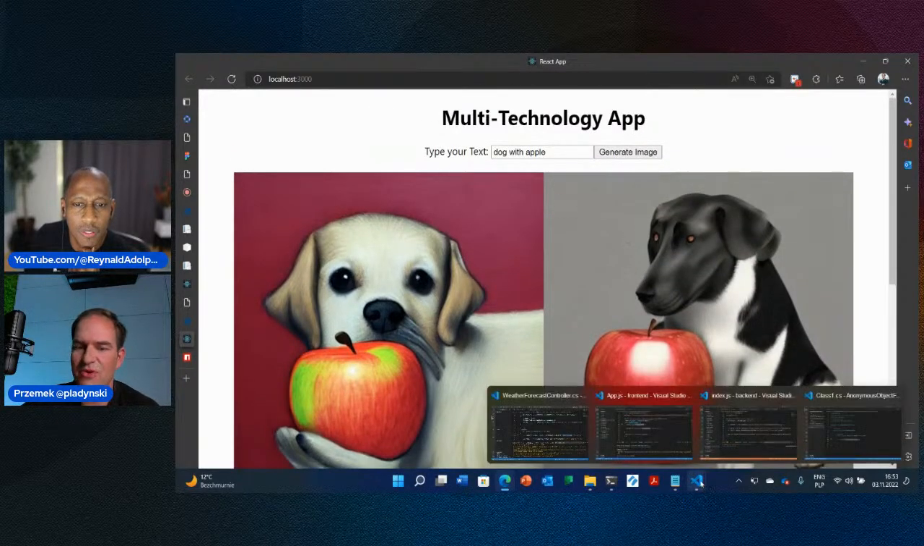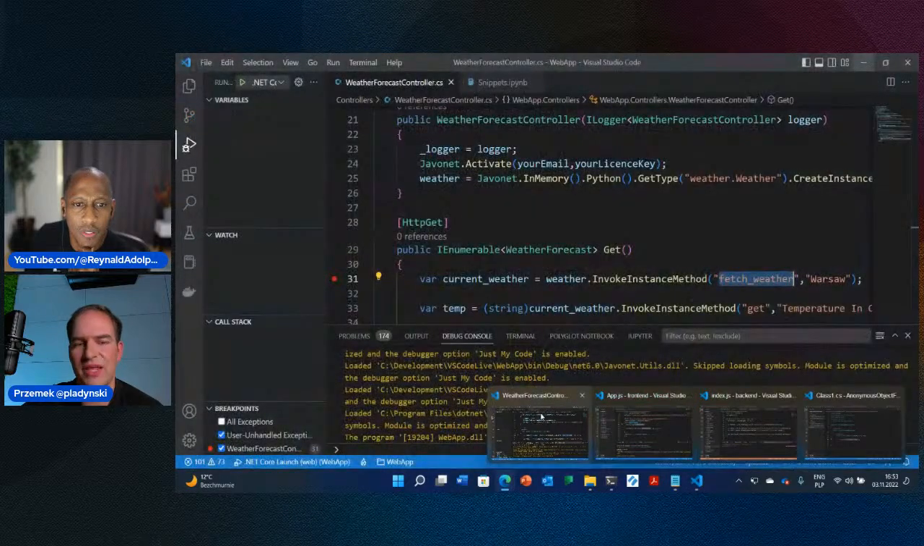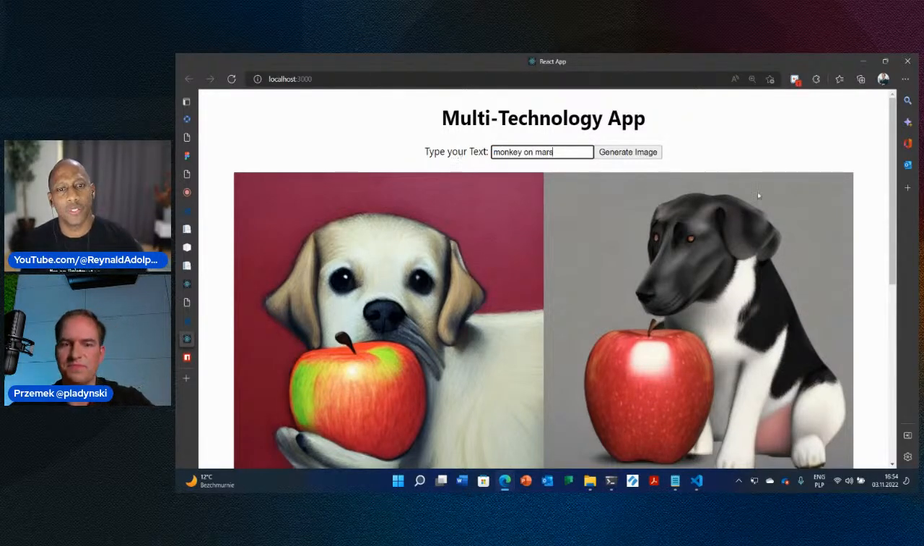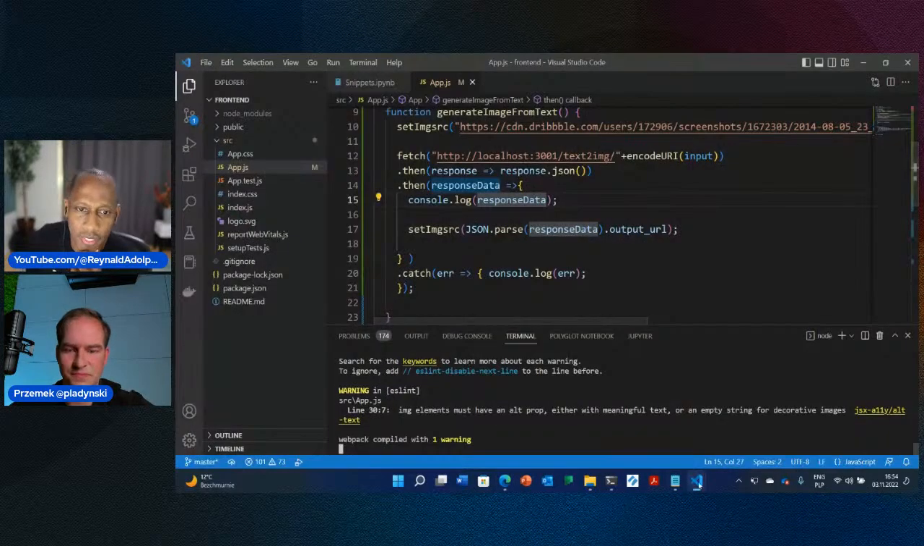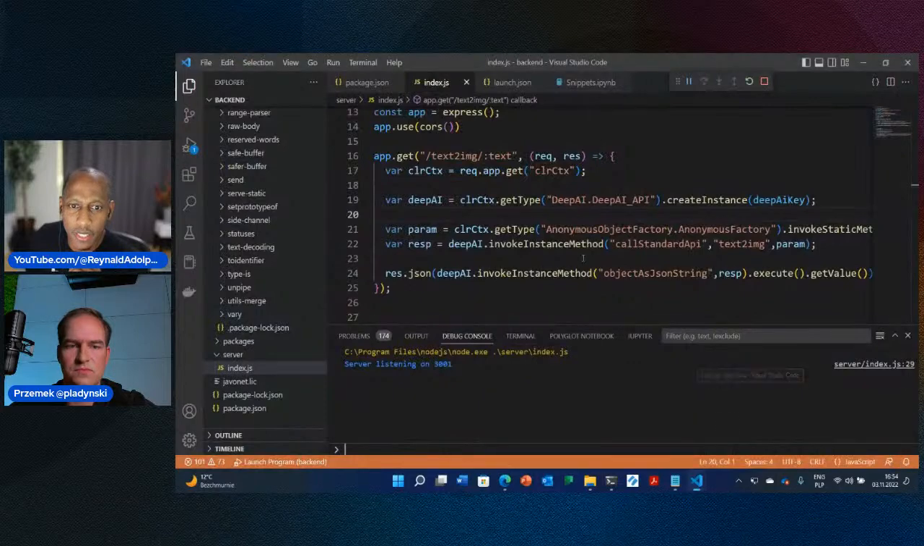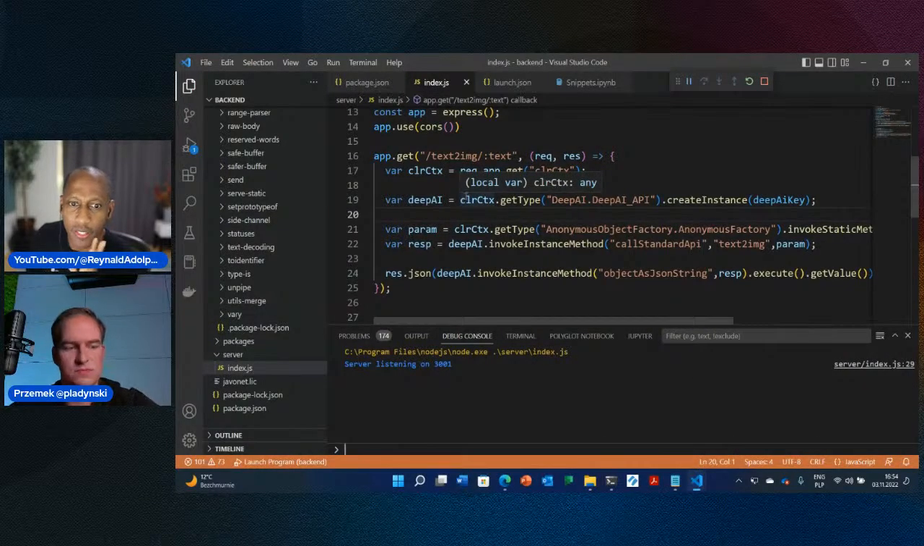So you see how we combine the implementation of some AI client library in .NET with the Node.js backend to just use it here. Let's write, for example, monkey on Mars. Yes? So within .NET, we use Node.js to access the AI interface and be able to